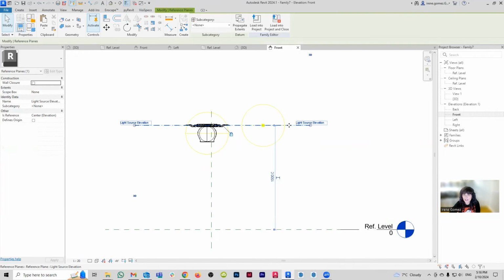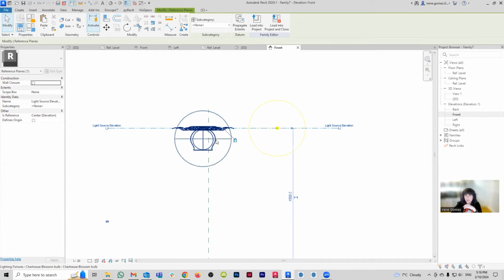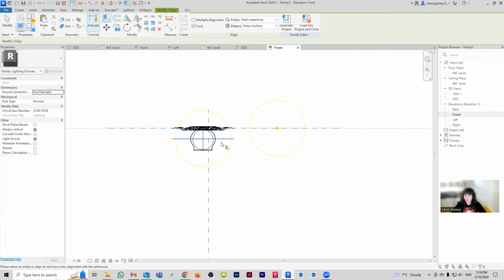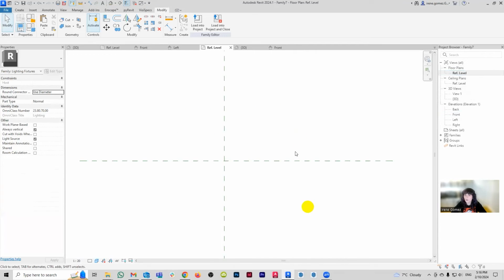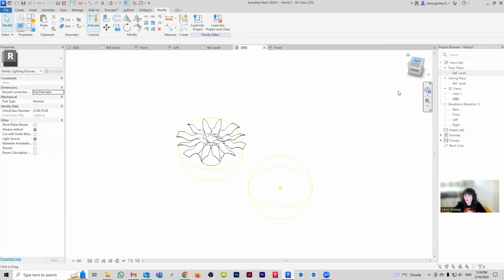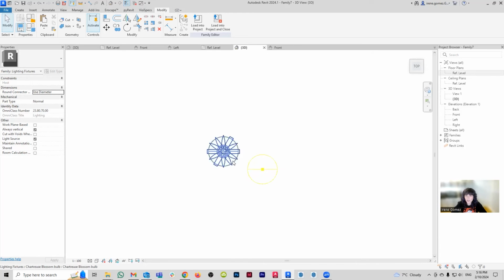This point here is going to be very, very important. You're going to want to make sure that your light source of the nested family aligns with these reference planes. So I'm going to go AL and align this guy to that guy, and lock, perfect. And now on my floor plan view, or is it on my ceiling plan view? Where am I going to be able to see this guy? You know what? If you will not work, I will make you work. Let's go to the top view. There you go.